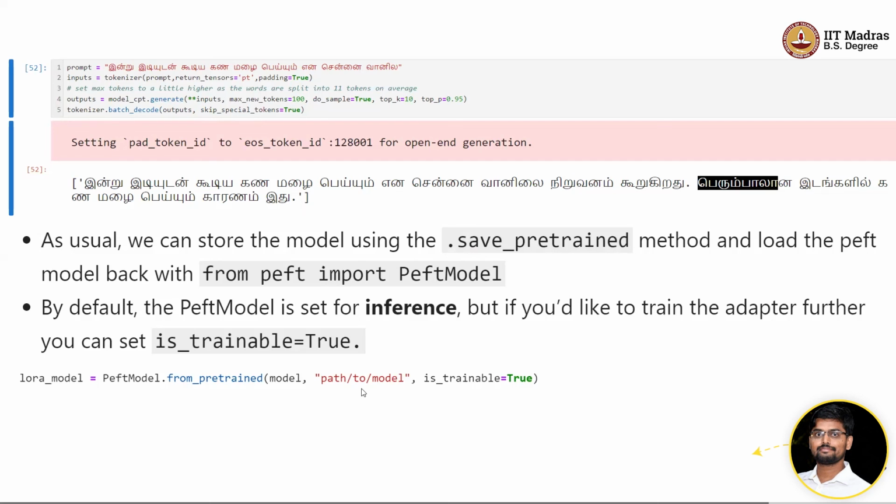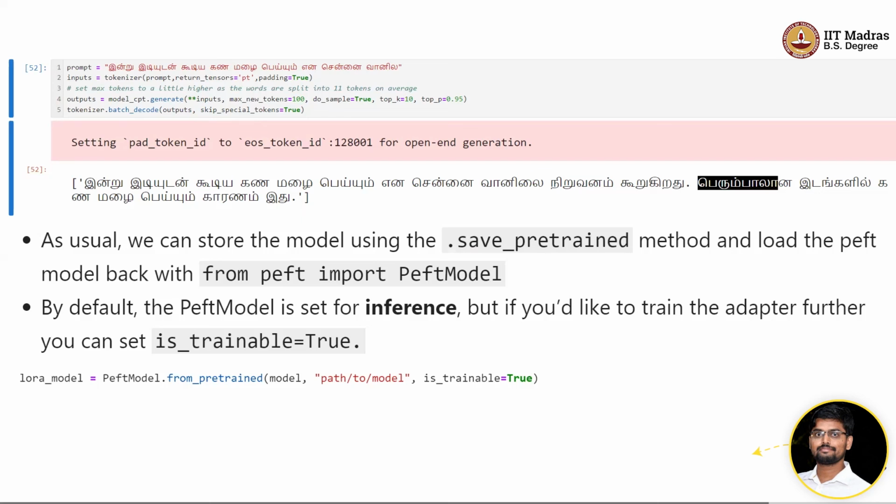As usual, once you train all of this, you can store the PEFT model and load it back. Once we pre-train the model from scratch, we can store the model, and to load it back, we used the auto model class from Hugging Face.